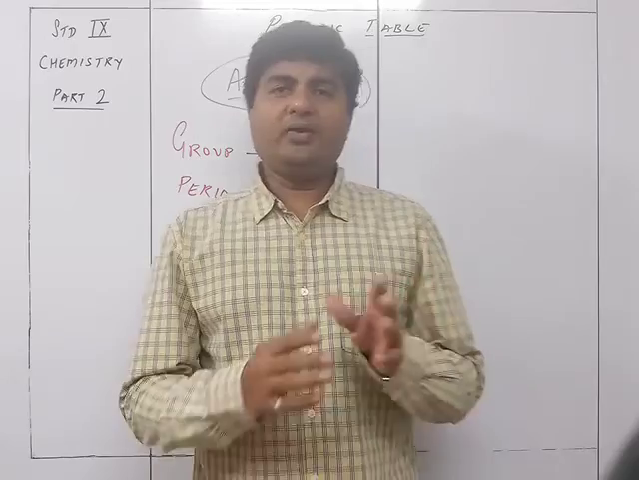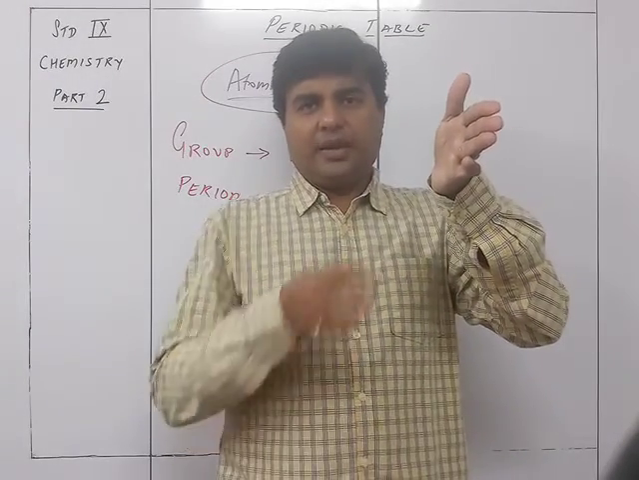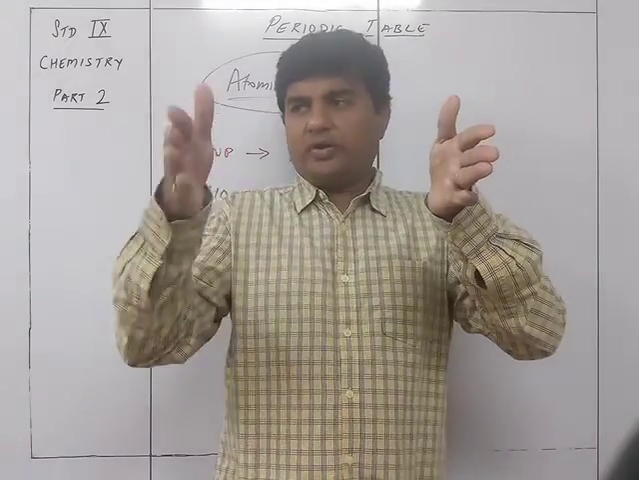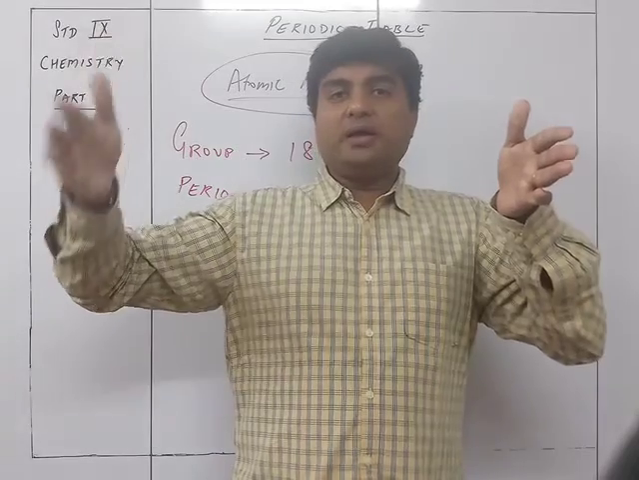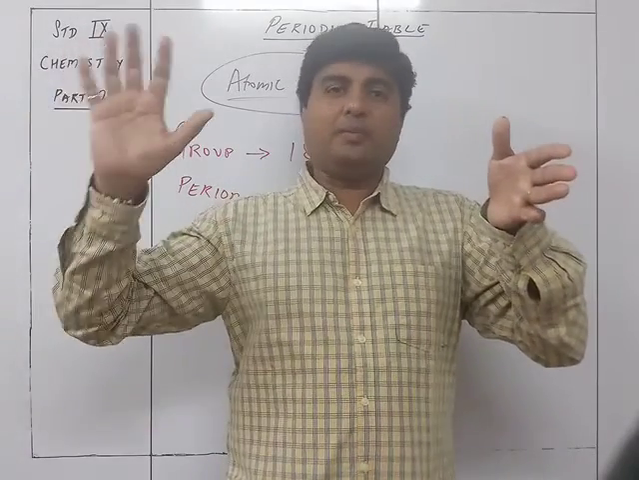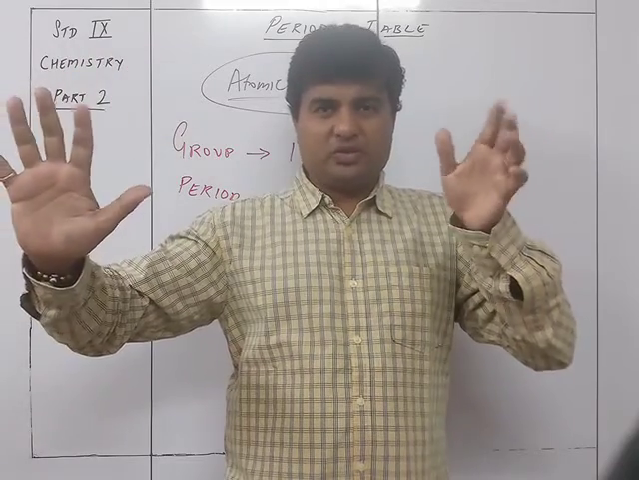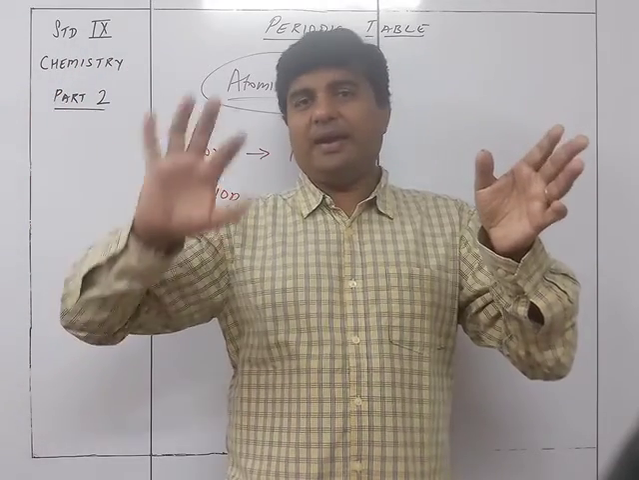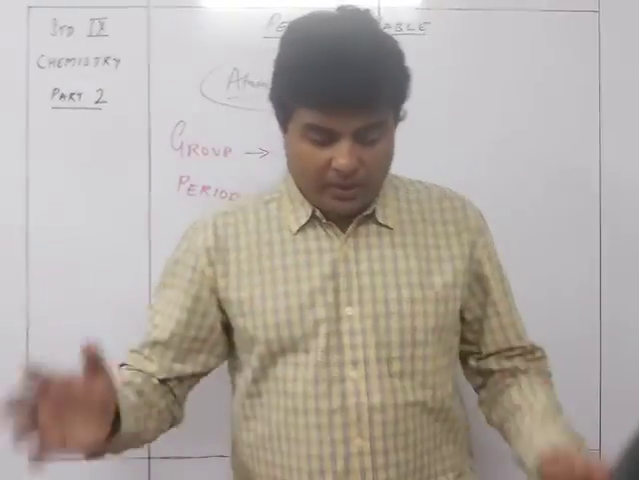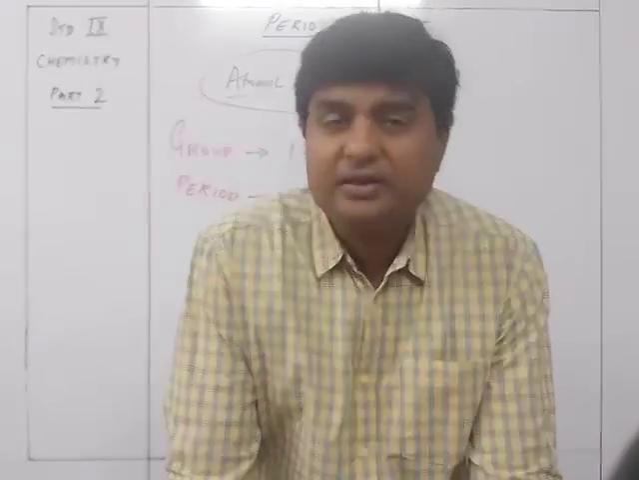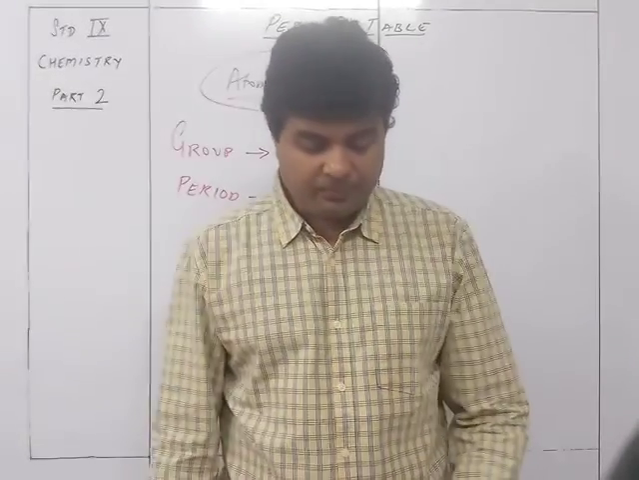So when you see a period, it starts with one electron in the outermost shell, and then 2 electrons, 3 electrons, 4 electrons, 5. And at the end of the period, the element will have a complete octet. The octet or duplet is going to be complete. So it starts with 1 electron and ends with 8 electrons in the outermost shell. So that's how in the periods, each period will begin with an element having 1 electron